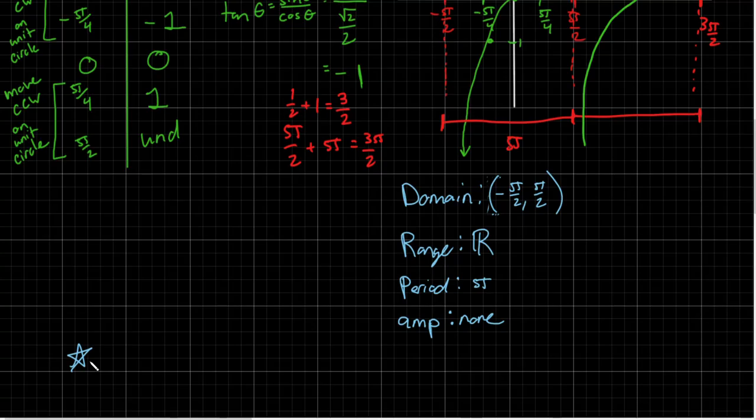I went from 0 all the way to where? In one complete sine curve. Yep, 2 pi. This one, I'm going all the way to pi. I'm going a distance of pi. So for the period formula, we change it to